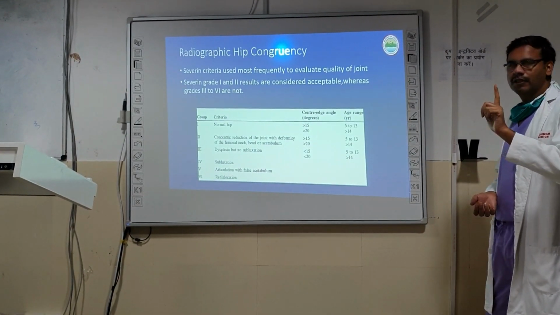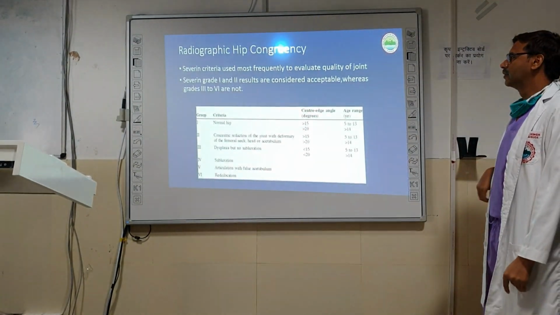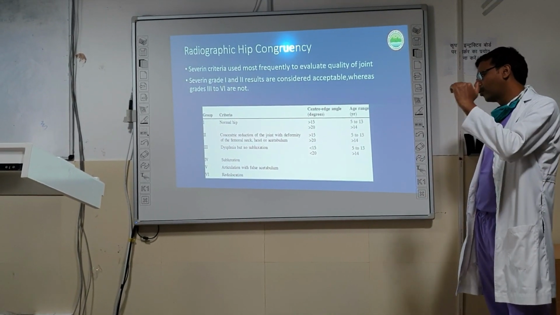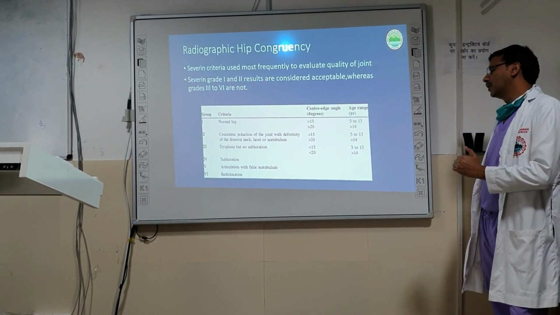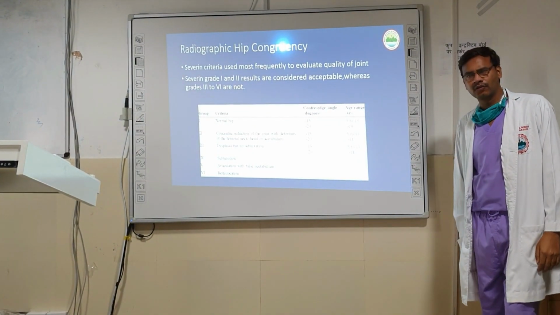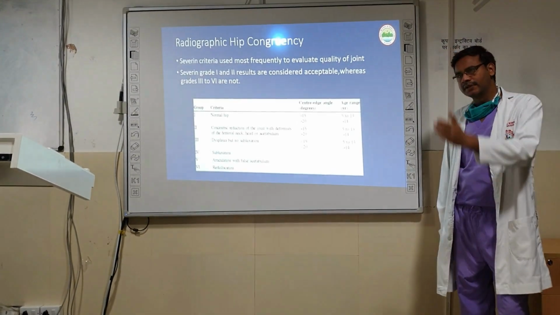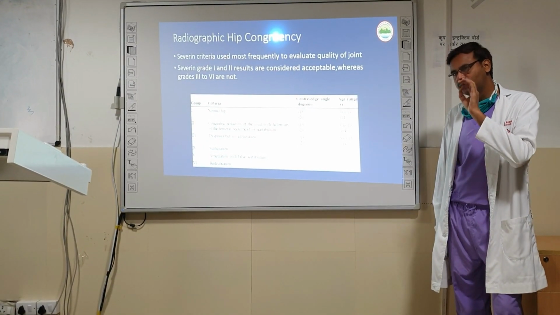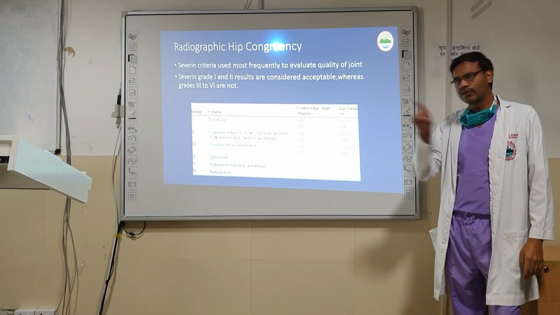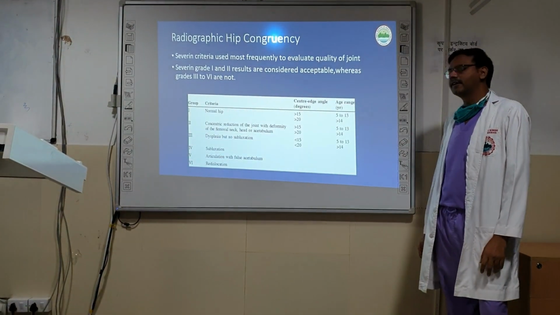So McKay were the clinical criteria, Severin are the radiological criteria. Okay, so Severin grade 1 to 6, from normal to redislocation. And center edge angle, they have taken center edge angle as one of the criteria. So what is center edge angle? It is nothing but, you draw the Perkins line, you take the center of the femoral head and across the femoral head you have to draw a line crossing the Perkins line. So that angle is called the center edge angle.